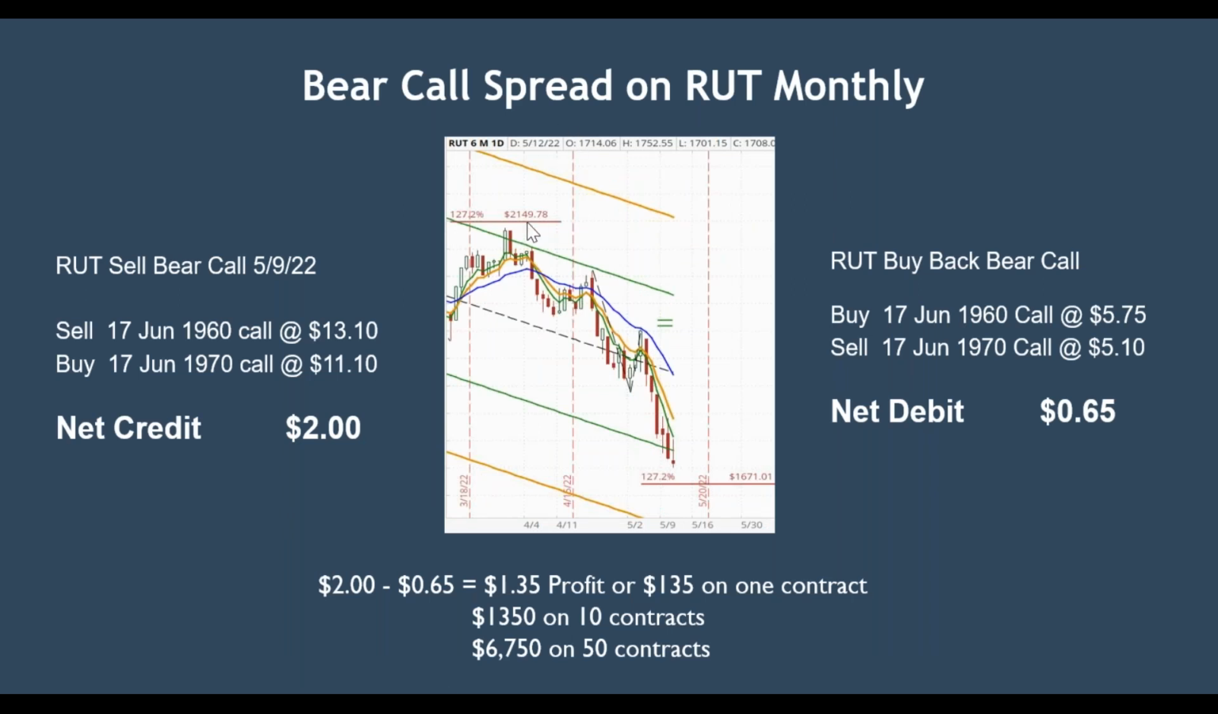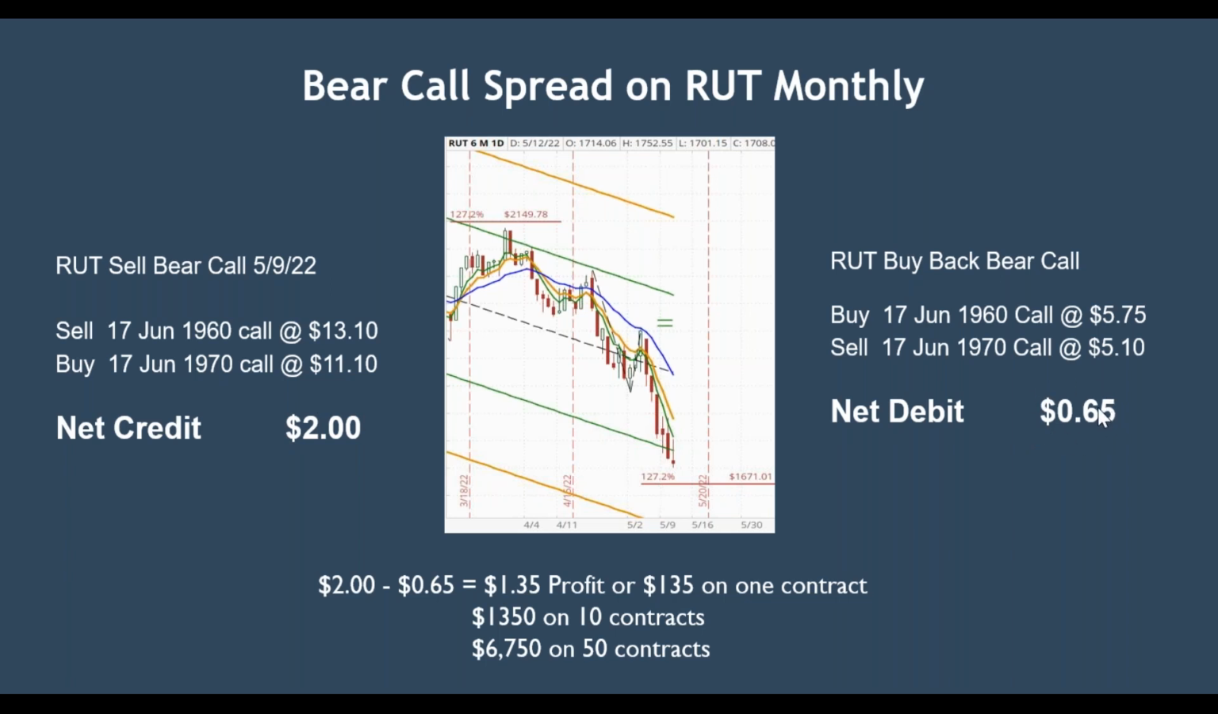You can see that RUT came down, made a measured move here, then moved down, and came back up, made a lower high, a lower high, a lower low. All right, we got in right here, and it looks like it was approaching the 127. All right, we took in a net credit of $2 back here,